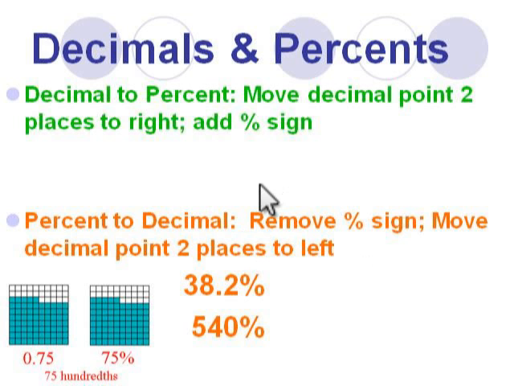Decimals can easily be changed into percents simply by moving the decimal point in the decimal 2 places to the right and adding a percent sign. So the way we're going to remember that we're moving the decimal 2 places to the right is because in the percent sign we have 1, 2 zeros. And we're going to know we're going to move the decimal point to the right because when we have a decimal like